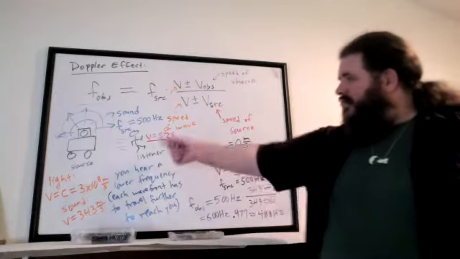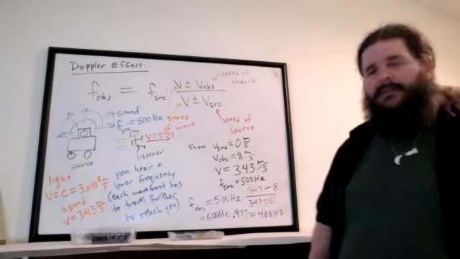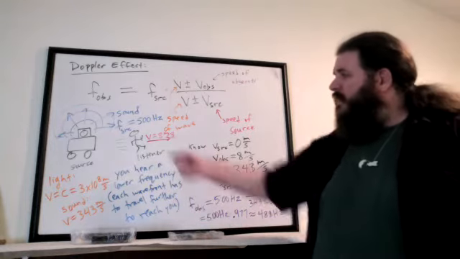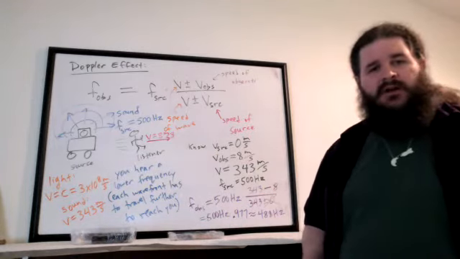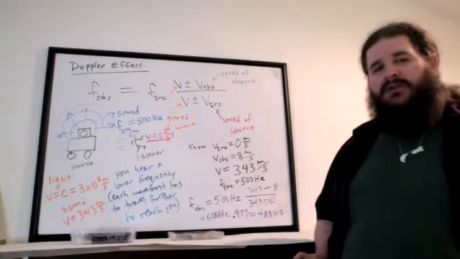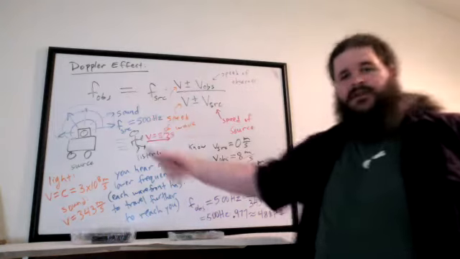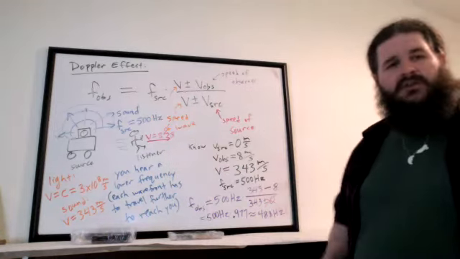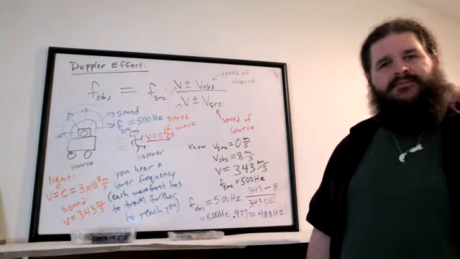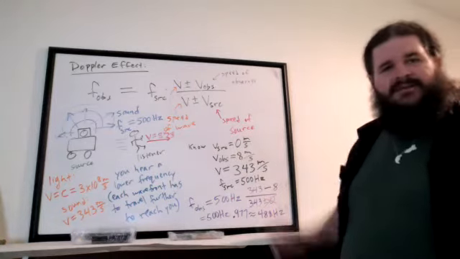In this case, only the listener is moving, so only the numerator needs to be cared about. So we just look at it in terms of, if we're expecting a lower observed frequency, we want the result to be smaller than the original. A smaller numerator leads to a smaller result. So we want the numerator to be smaller, so we'll use subtraction. Okay, that makes sense. Thank you. Any other questions on this example?